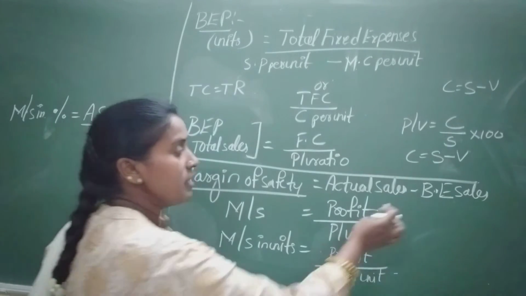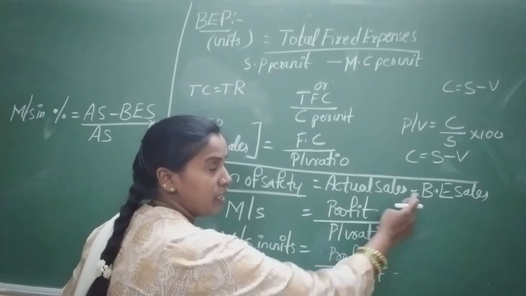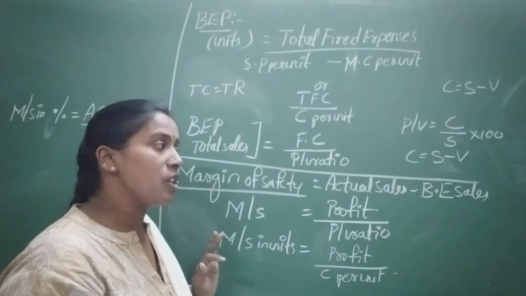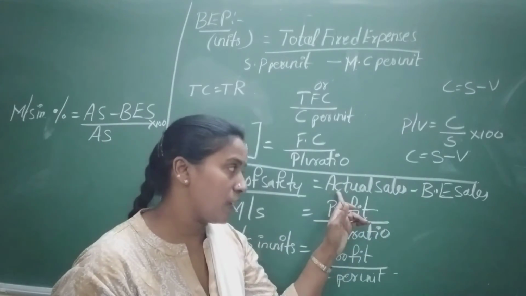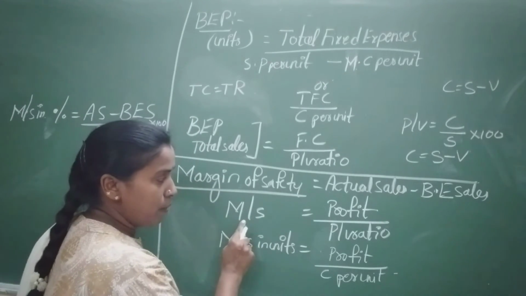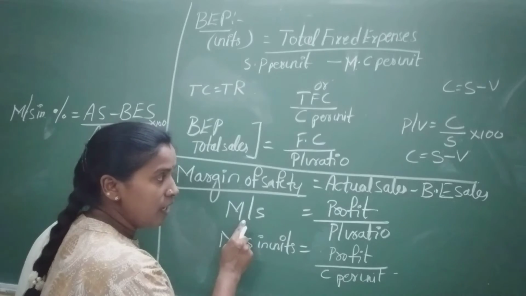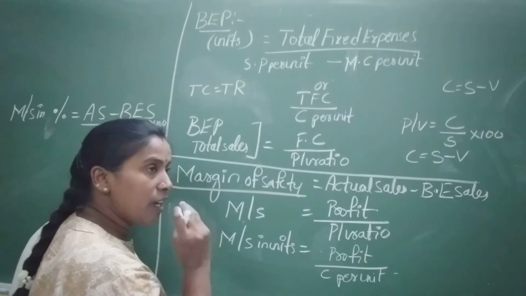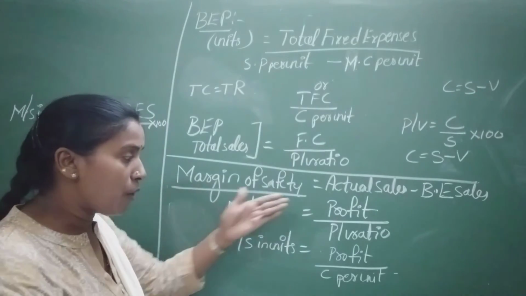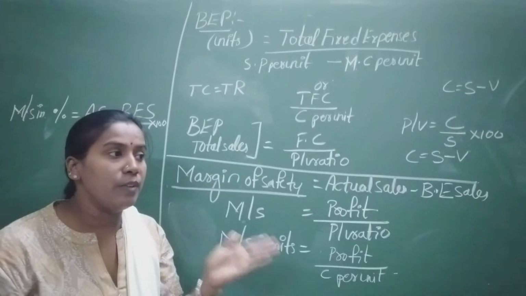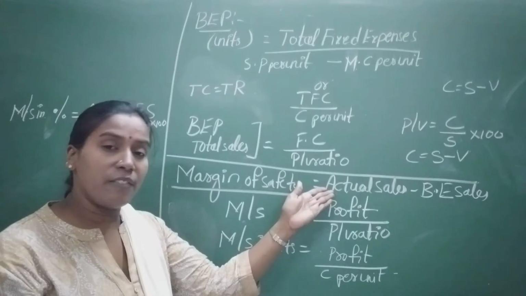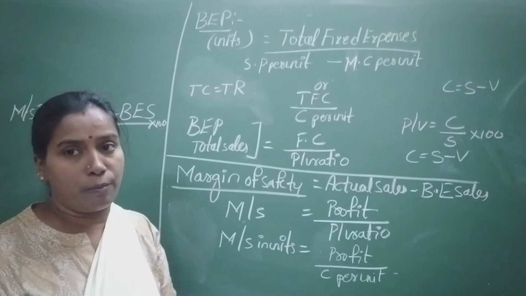You are calculating, meaning the difference comes under break-even sales. So the difference between what you expected for the future and what is the present situation for this number of units, that difference comes under actual sales minus break-even sales. Clear? So there is one more formula for break-even, that is margin of safety. Why are we using a number of formulas? According to the information given in the question, we apply the formula. Suppose profit is given, sales is given, variable cost is given in the question, we apply this formula. If he is directly giving actual sales and break-even sales, we apply that formula.